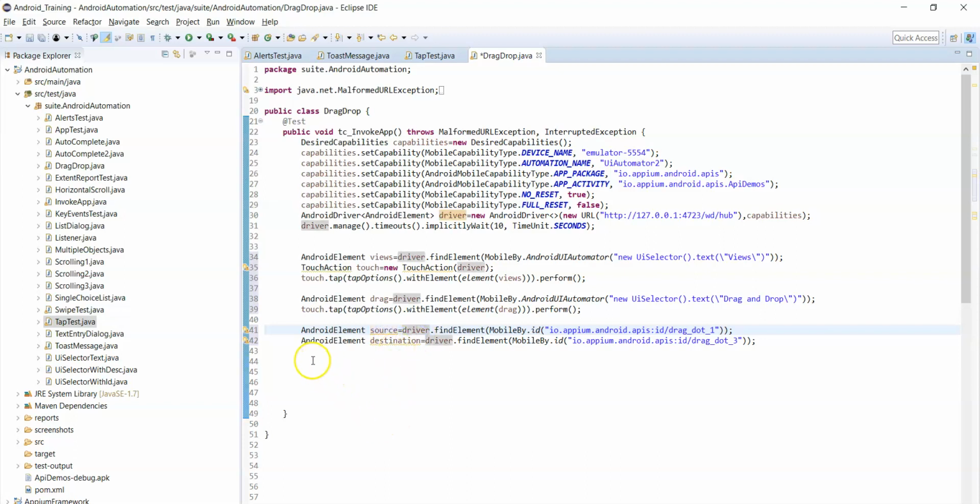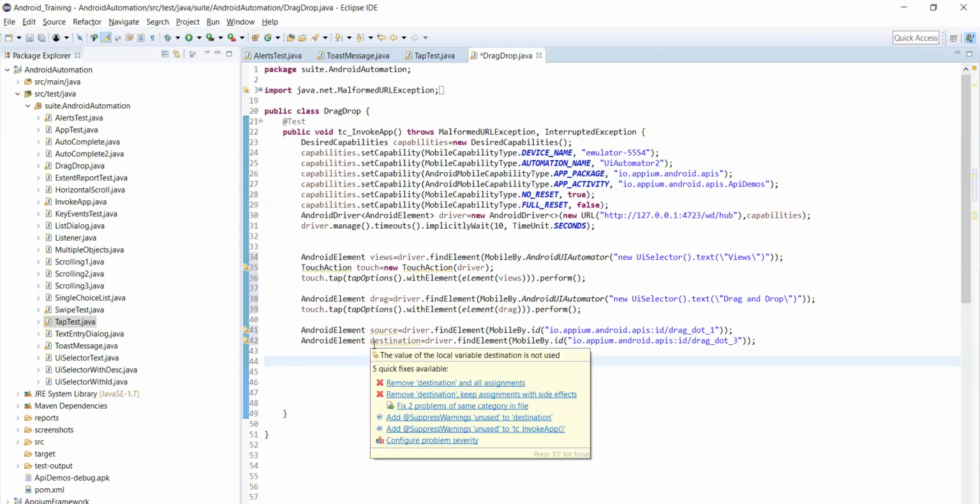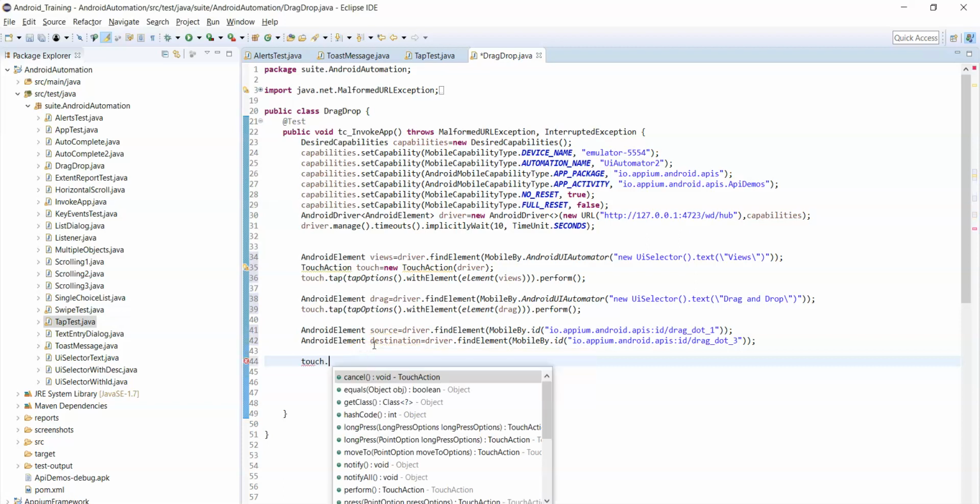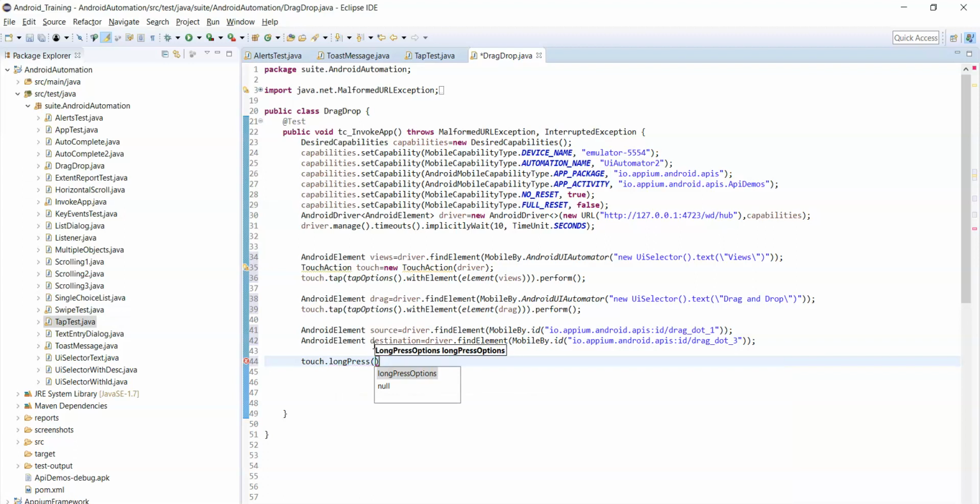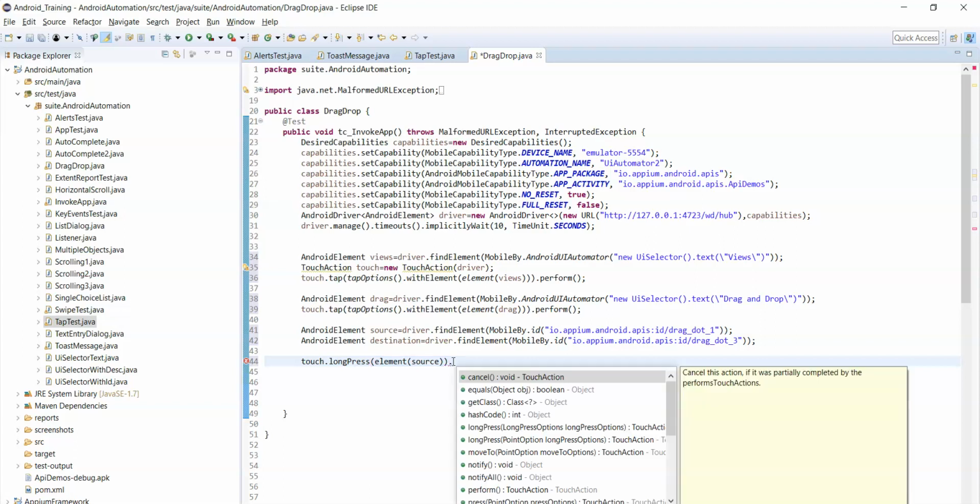Now how can we perform a drag and drop action? First we need to long press on the source element, right? So using the long press method, touch dot long press, first we need to long press on the element of source. Now we have performed the long press action on the source element, and after that we need to move to the destination, right?